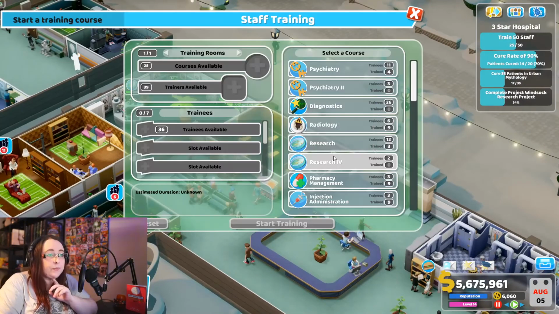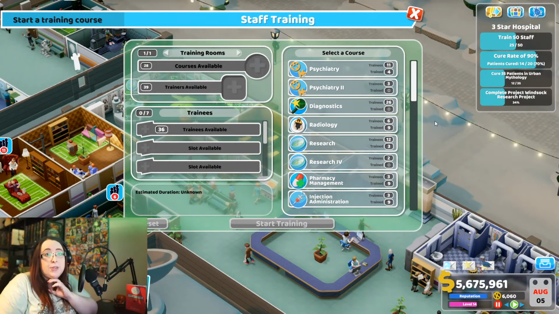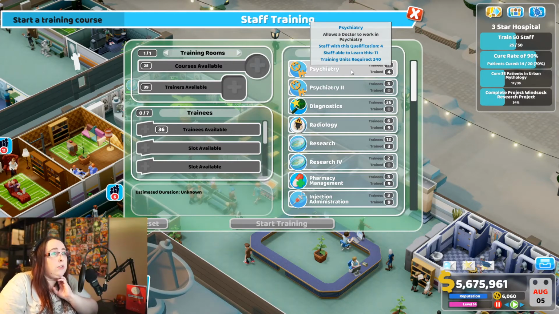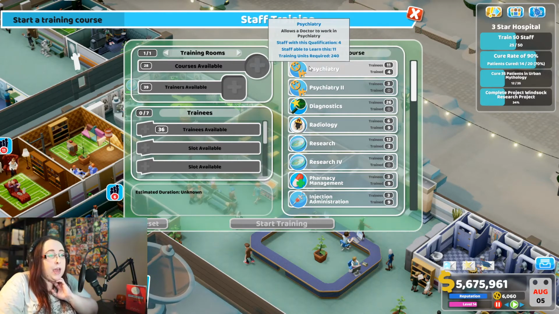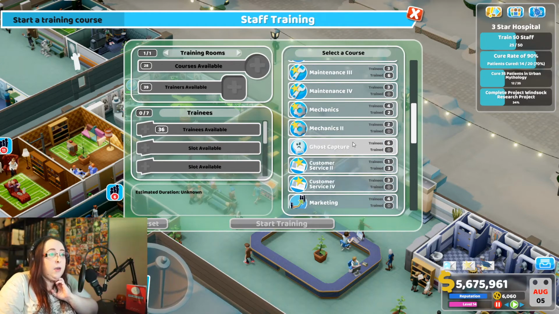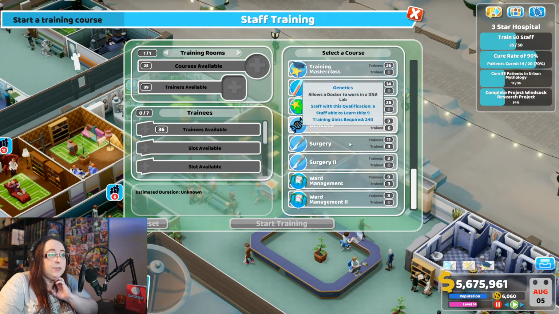Training. So training is very important. There's various different things that you can do in the training room to increase the cure rate. What I'd say to you is, obviously you can train your staff to use certain rooms. Such as doctors, you need to have psychiatry for psychiatry, radiology for the mega scan, and genetics and surgery